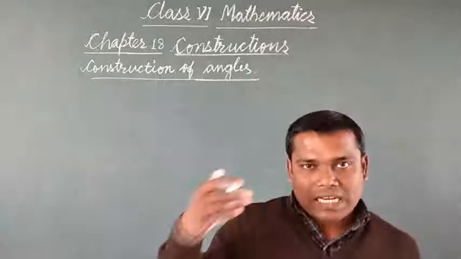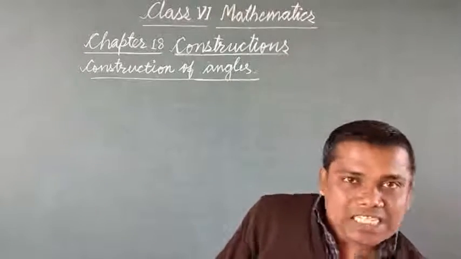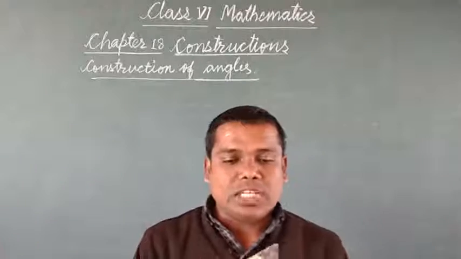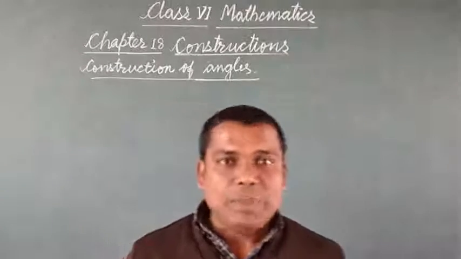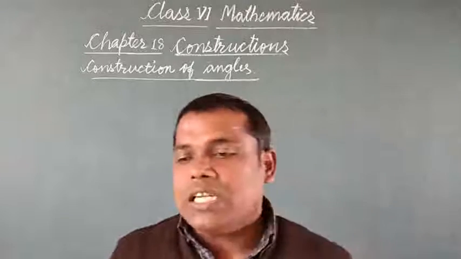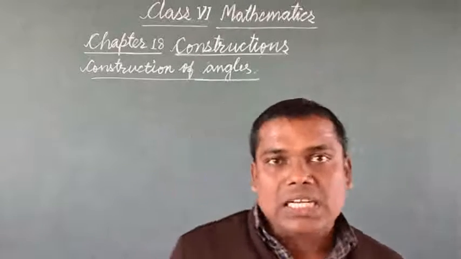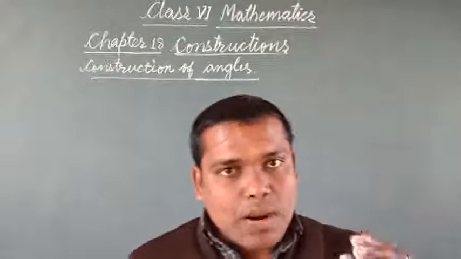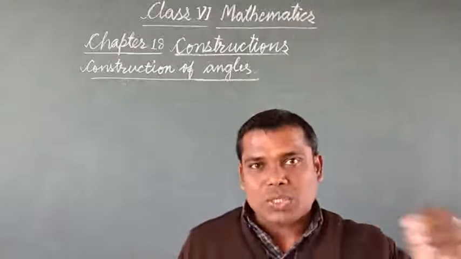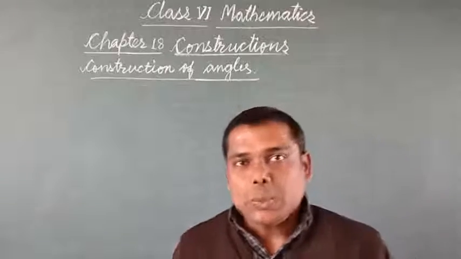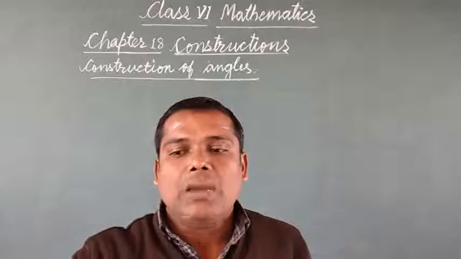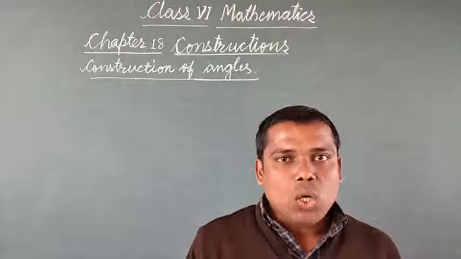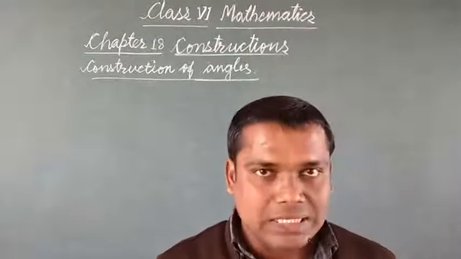Students, we have some angles which are standard and some which are not. Standard in the sense that the angles which are multiples of 15 degrees, we generally call the standard angles, and they are easily drawn with the help of a compass. But those angles which are not standard or multiples of 15 degrees can be drawn with the help of a protractor. So first of all, we will learn how to draw angles using a protractor.